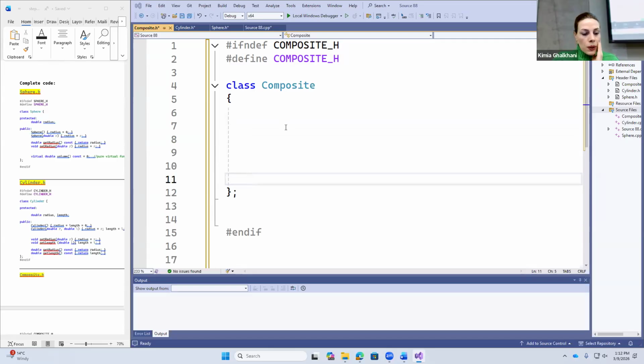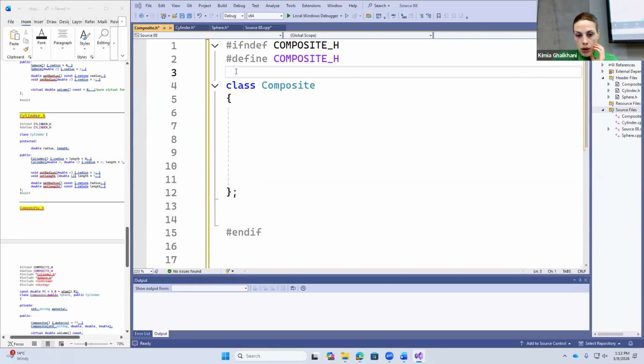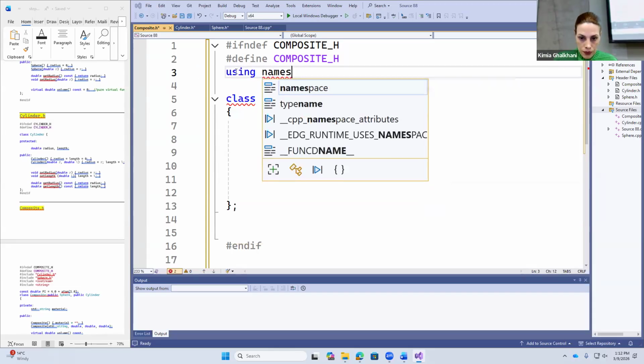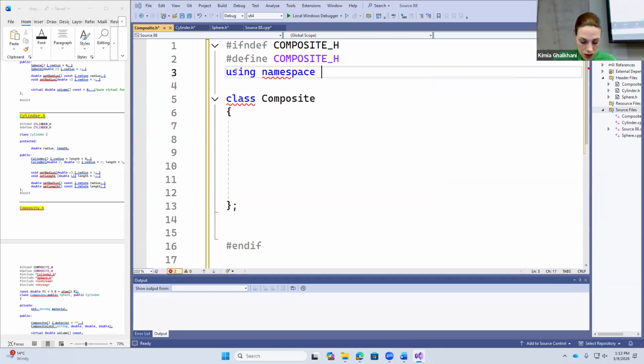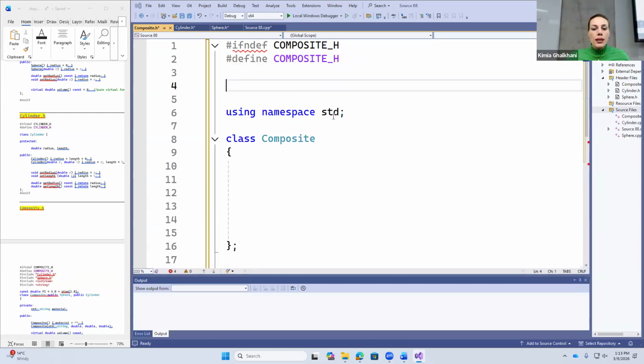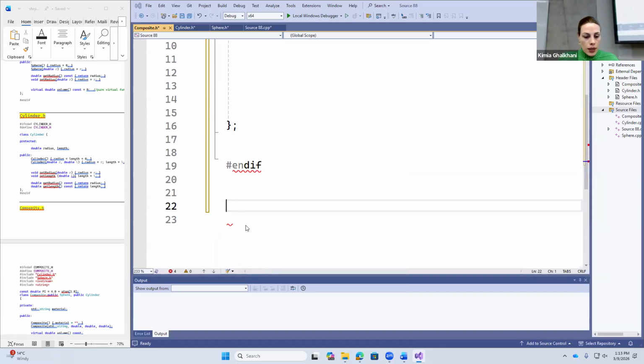So what I'm going to do right in here, this is my composite class. Again, to make it easy for me, I'll define using namespace std, to make it much easier. And then it's time to define class members. But before that, I'm planning to define this one as multiple inheritance, right? Since I'm defining this as multiple inheritance,